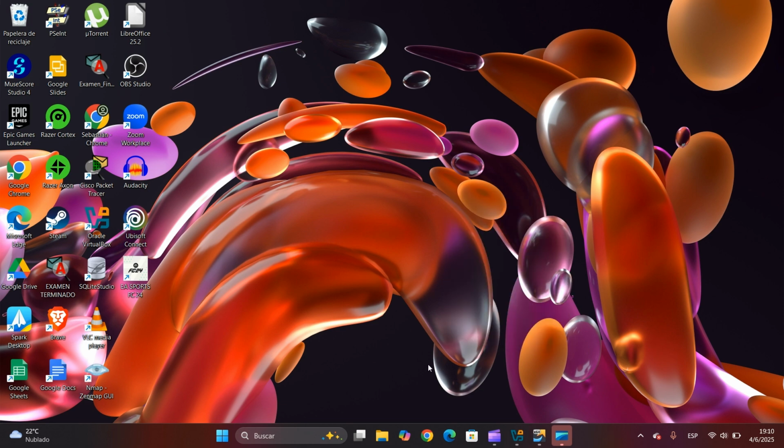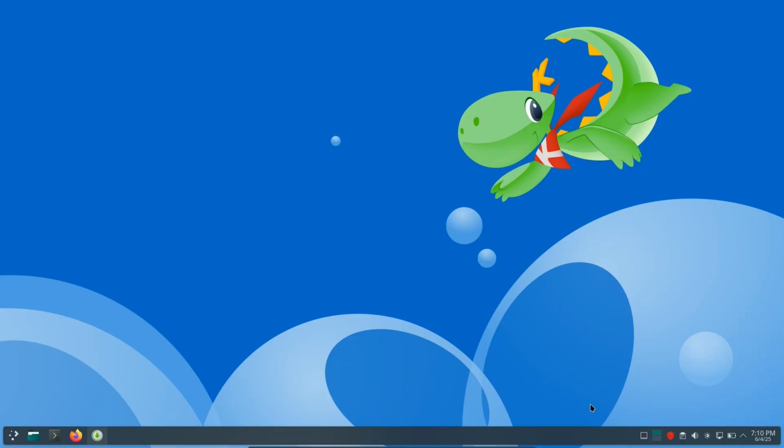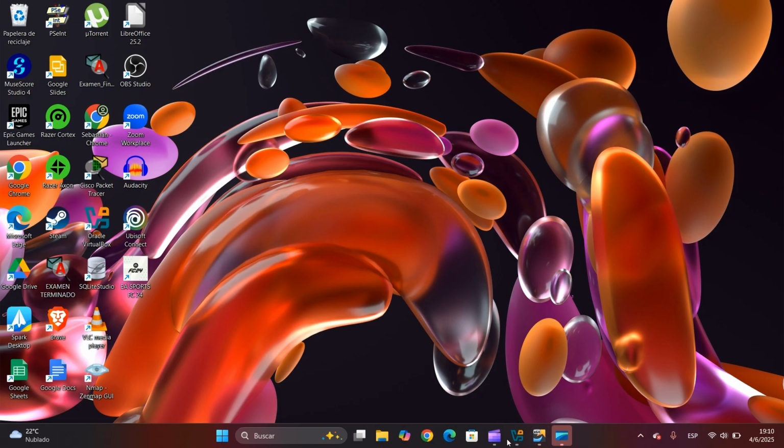In this case, I'm going to explain and compare two different operating systems. This is Windows, in its 11th version. And I have Manjaro Linux here, and I will compare those operating systems, and mention